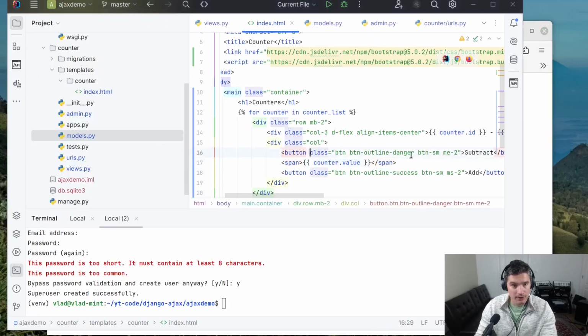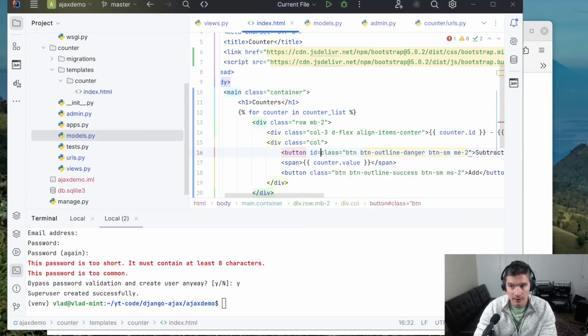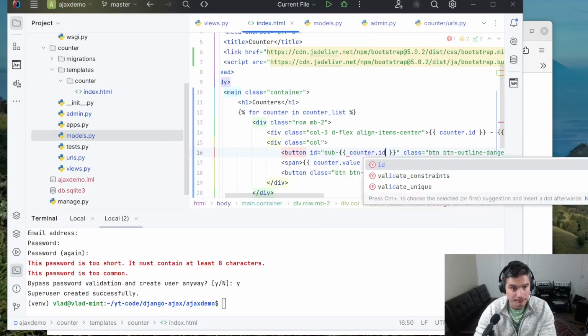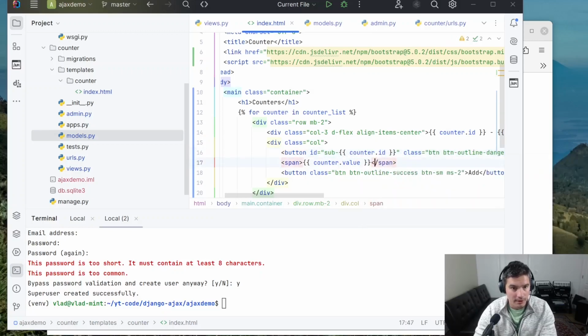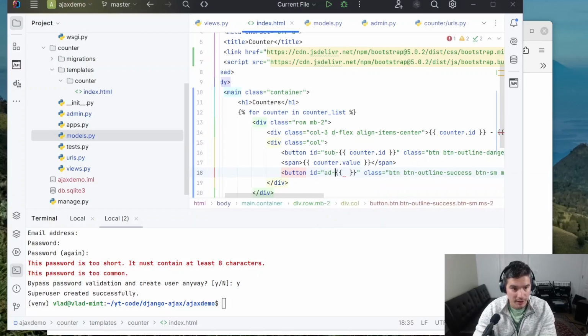So in here for this button, we will give the ID, let's call this one sub, then dash, and then the counter ID, like that. This one will be add, with 2 Ds, dash counter.id,